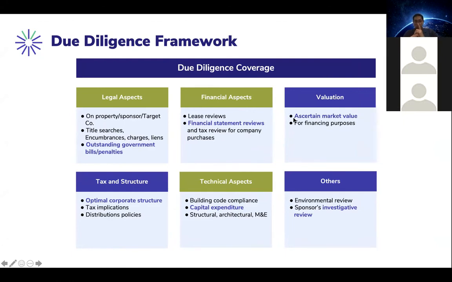Next, it's also important to identify the current and future capital expenditure of the asset. An asset, like real estate, is still a depreciating asset. Certain equipment in the property would need to be overhauled or replaced. For example, the lifts, the air conditioning system, all these have a useful life. So it's important for us to identify the potential costs for such replacements and factor this in our financial projections. So simply, we don't want to be faced with a huge capital outlay down the road, which could drastically affect